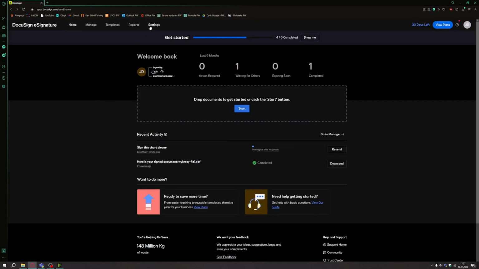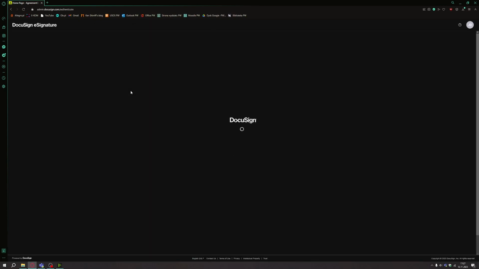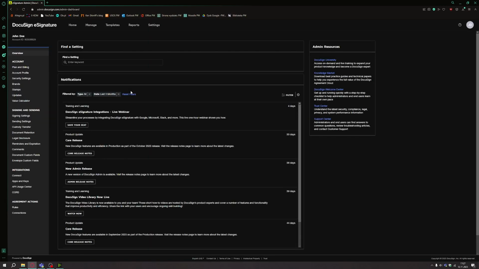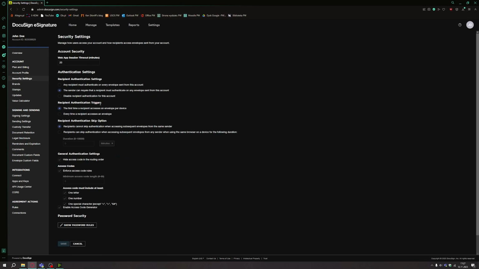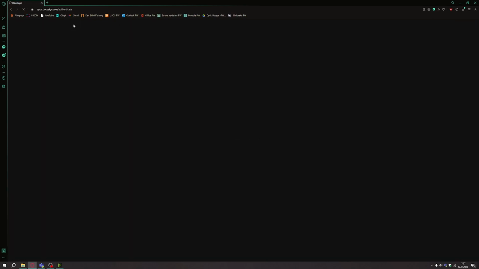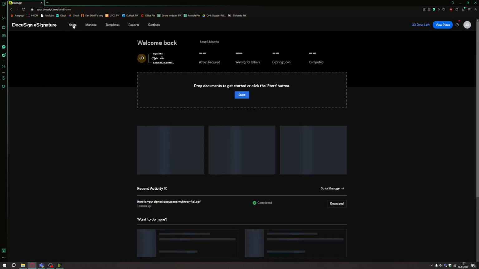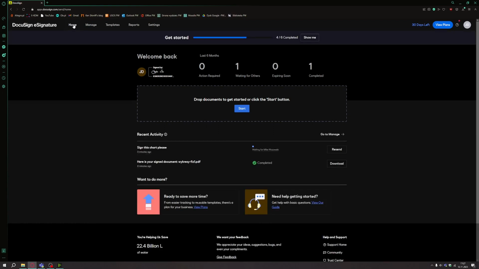Also, other features that I should discuss are there are some settings that we can change if we want to customize our experience. For example, if I want to change my plan, if I want to change my profile, my name, if I want to add custom information like a sign or my logo of my company. There are some security settings, and it's really easily customizable. Everything is nicely laid out. It kind of looks similar to an email client, because it basically is a more reliable and bigger email client